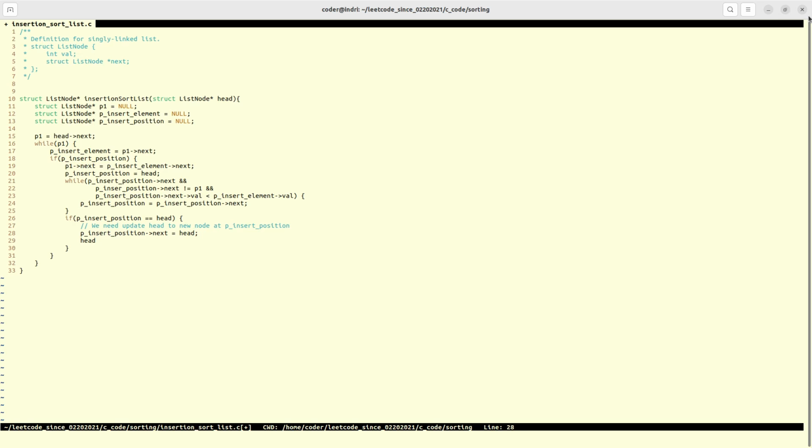Yes, his next will equal the head, and the head will be updated. Okay, that's the one. Else